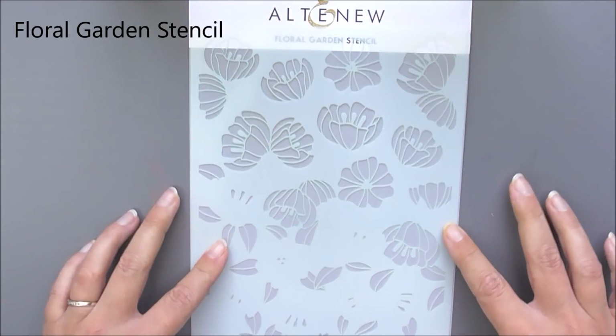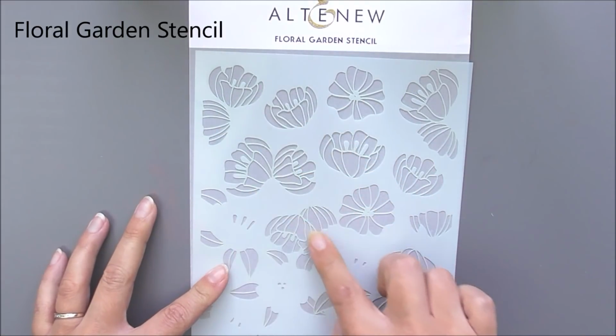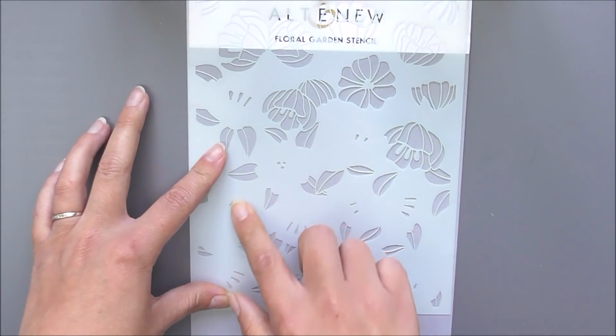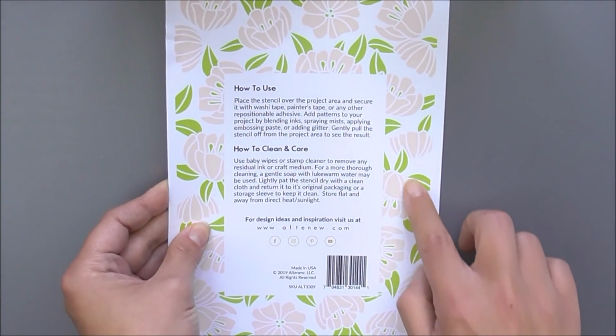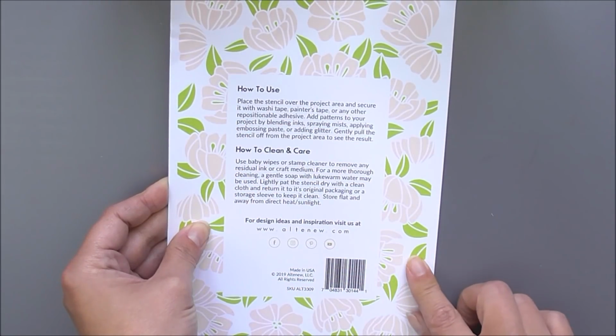So first up we have Floral Garden Stencil. Now this is a large stencil and you use one part, which is this floral part here, then you flip it round, just turn it around, and then you can place the leaves and the little stamens within the flowers that you've just used. This gives a really great effect and you can get two-tone effects with this one really